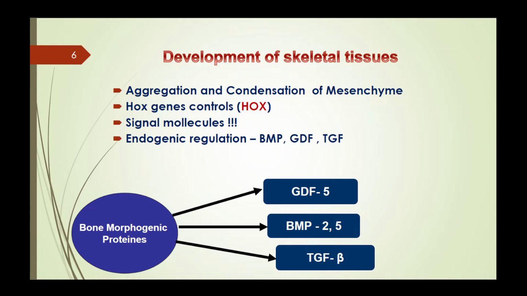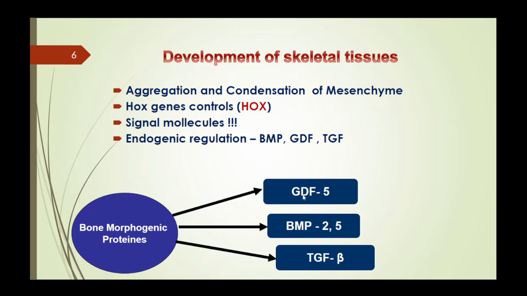This happens as a result of control by special Hox genes. Hox is the short name. They modulate the structure of the skeleton by producing special signal molecules. The famous signal molecules are named bone morphogenetic proteins, like BMP2 and BMP5, and also endogenic regulators